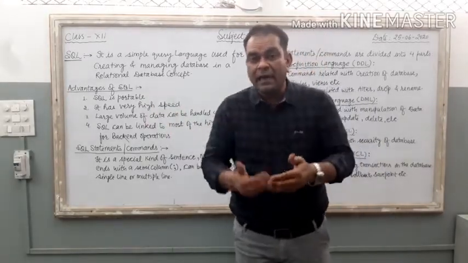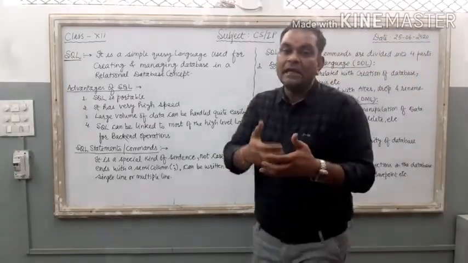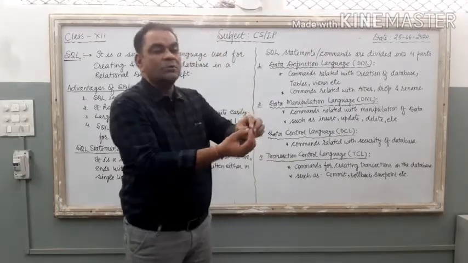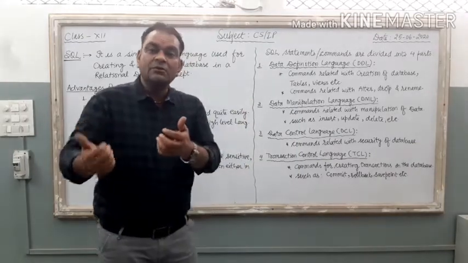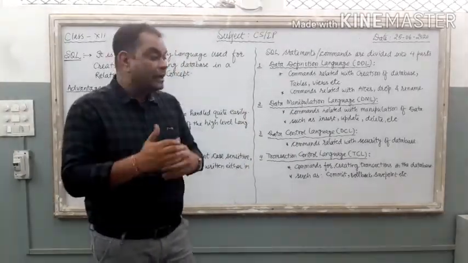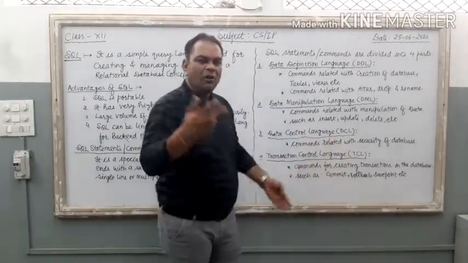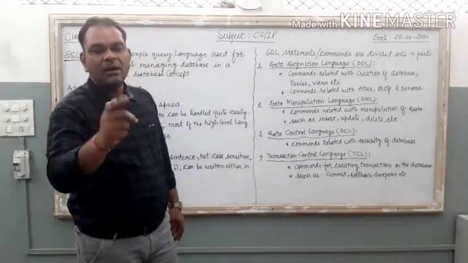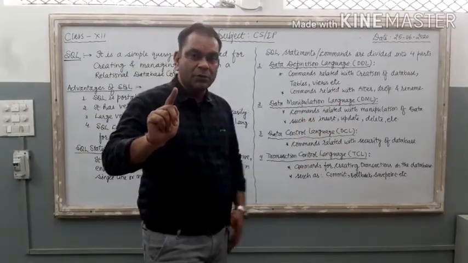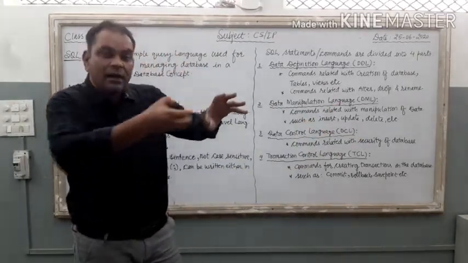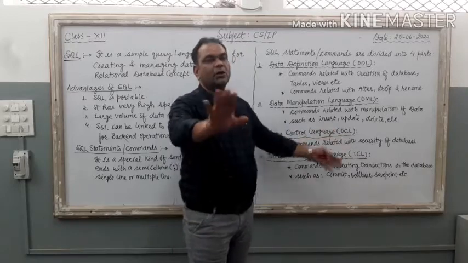At the time of networking, or at the time of network database concept, you have to set some permissions according to the user. भाई ये user है, इसको मुझे केवल 2 टेबल दिखानी है डेटाबेस की, तो इसको बोलते हैं परमिशन ग्रांट करना. ये यूजर है, इसको मुझे इस डेटाबेस के 3 पोर्शन दिखाना है. तो ये जो सिक्योरिटी रिलेटेड कमांड्स होगी, all the security related commands of MySQL, only 2 or 3 commands are there. Just remember it. Grant, to give a permission or set of permissions to the different users, and second is revoke, to take back the permission. So these security related commands are there in DCL, and it is not there in our syllabus.